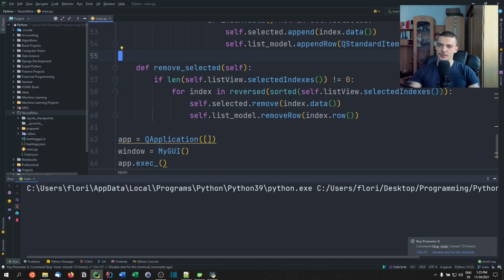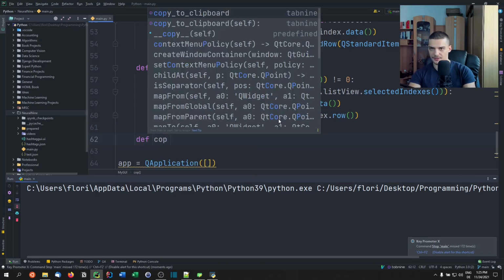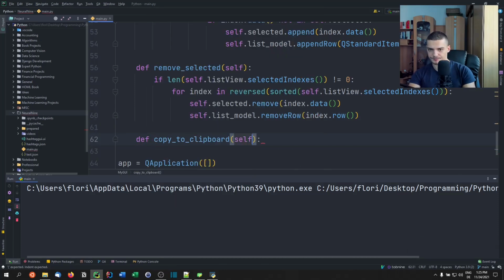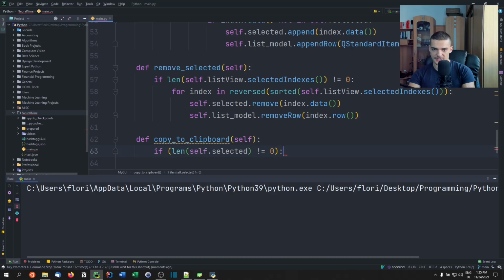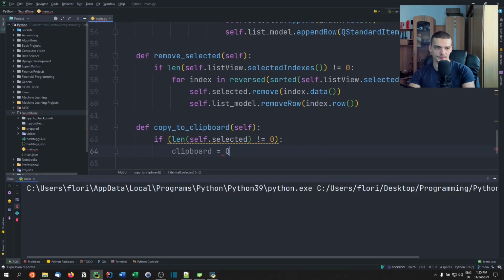Now what we need is we need to do the copy to clipboard. This is actually quite simple. Def copy to clipboard. This is done via PyQt5. So we're going to say if length of self-selected is not equal to 0, because then we don't want to copy anything. We're going to say clipboard equals